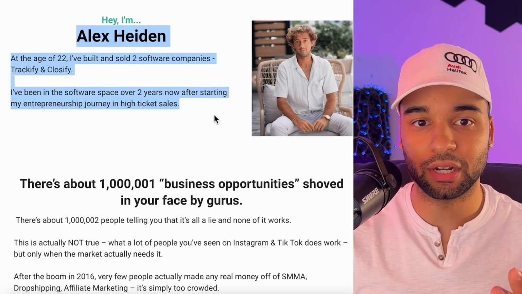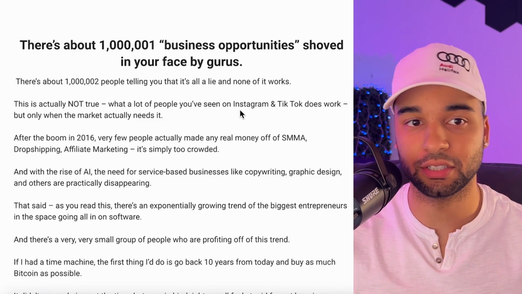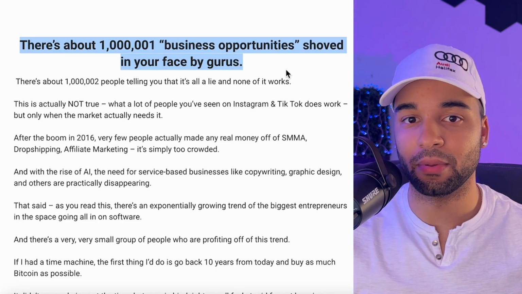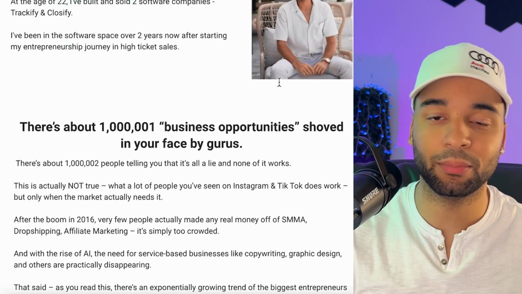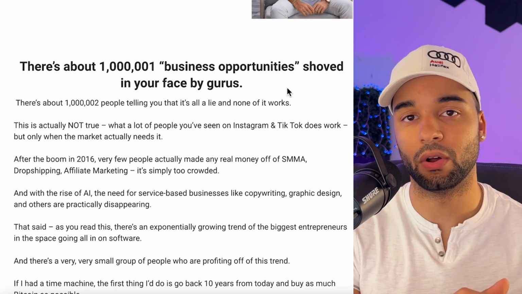So a little bit of an introduction of himself and what he's done and why you should listen to him. And then a little bit of copy right here. So this is what is called belief shift copy, okay? And the key to belief shift copy is to, first of all, identify with the reader, okay? The thing is that people will listen to what you have to say